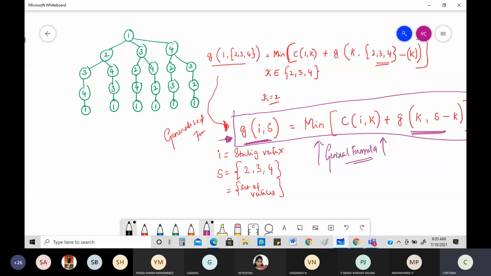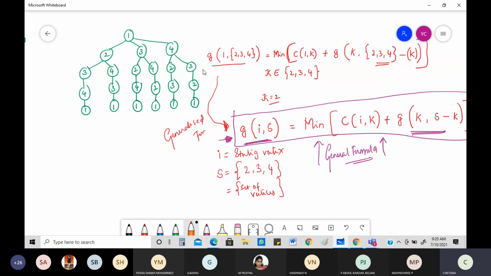See, what is the purpose of all this? From 1, you have 2, 3, 4, 5. Then from 2, you have only 2 choices, 3 or 4. What is the way of talking about it? It's very simple. 2, 4, 3. 1, 2, 4. Like that, you need to pick up all the cities with you. And obviously, you need to end up at the last place, which is your source vertex. You need to come back to your source vertex. So that is what we did with regard to this.